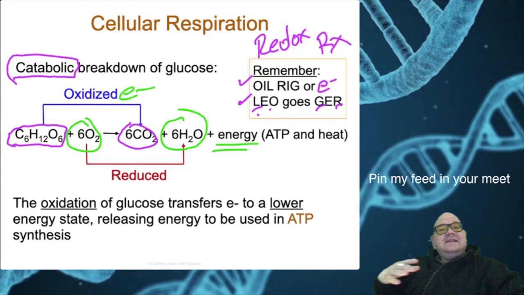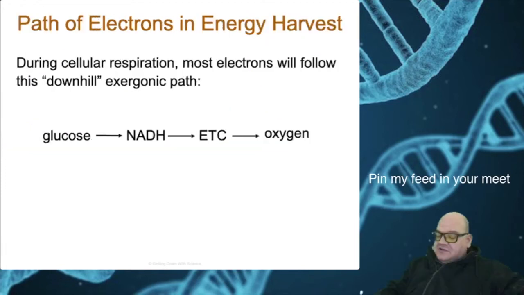Okay. So during cellular respiration, your electrons are going to flow down, almost like rolling a ball down a hill or like water going over a waterfall, as they go down, they release energy. And what kind of things do we get? Well, we start with glucose,